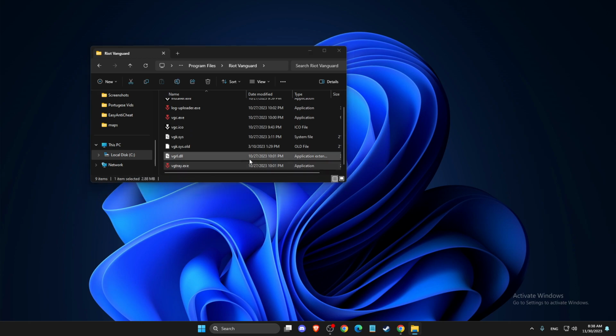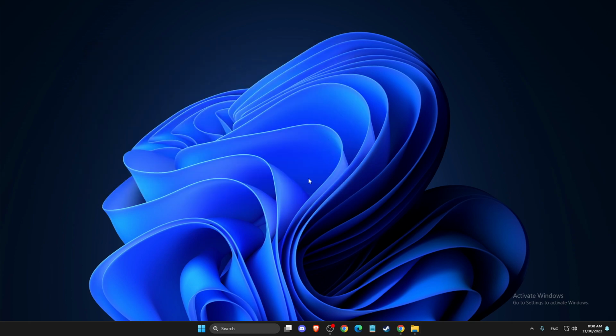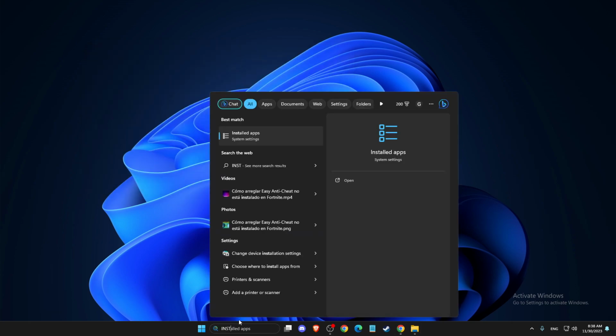And once you click on that, then you need to go to the system tray here, and then you will see this icon. So right click on it, go to Exit Vanguard and press yes. Right, as you can see here, this will stop working until you restart your computer. Press yes, and then you need to go to Installed Apps,